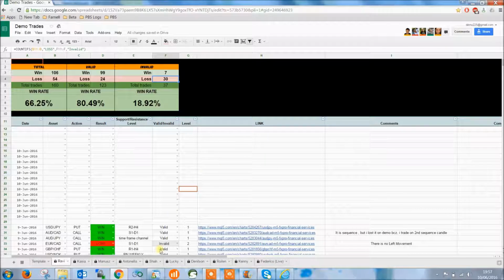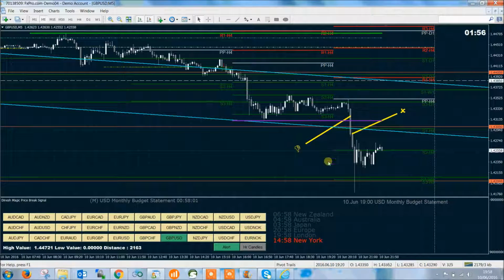Like for example, in this situation, we can say yes, there is a barrier and it crosses the line, so it's a valid setup, let's go for a call. No, the strategy says it's an invalid setup, and then you lose. So that is how we identify and avoid the invalid setups. You can also see one of my videos which talks about how to avoid the losing trade in PBS. So that's all about following the rules. How well we follow the rules, that much we'll be successful.